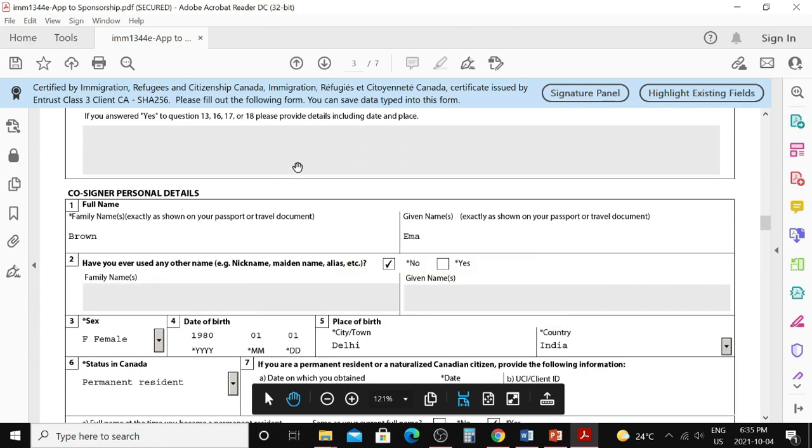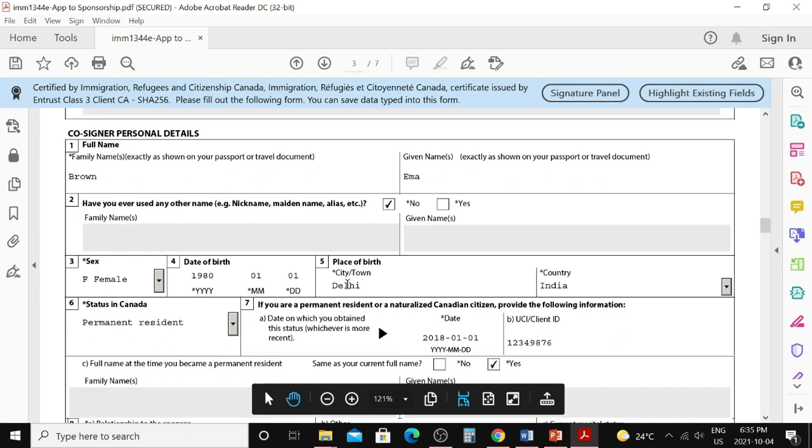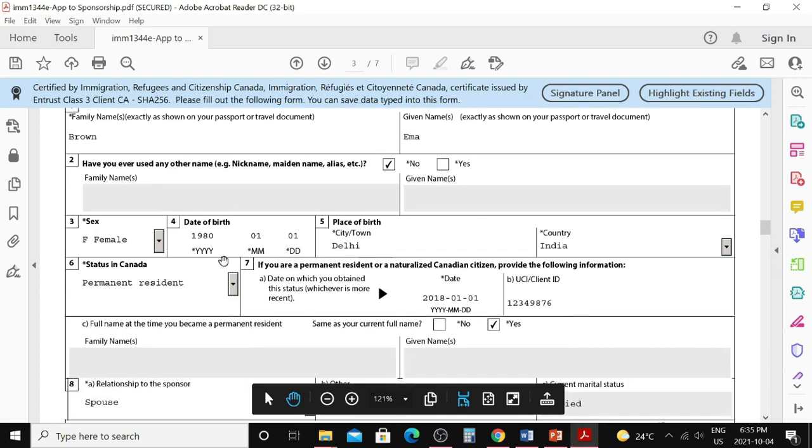Then next is co-signer's personal details. If you have a co-signer, meaning you, husband and wife, both are signing the application, then one of them is the co-signer. So here you need to provide the information about the co-signer. Again, the co-signer's name you need to provide accordingly. The same rules apply, family name and given name. Have you ever used any other nickname? Then you need to provide information here, gender, date of birth, place of birth, country of birth,